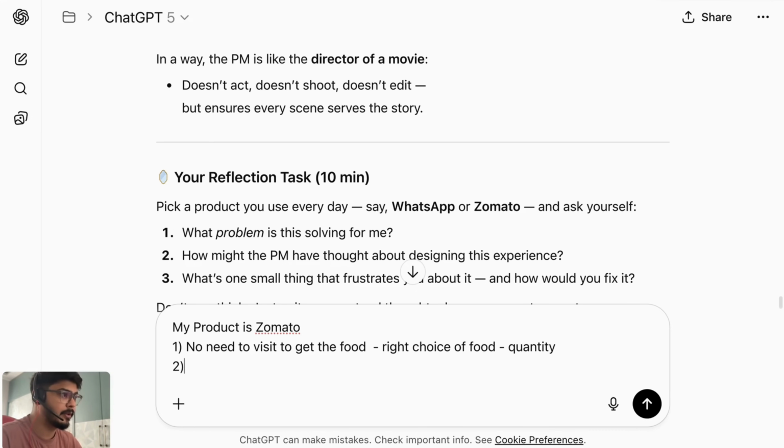In Zomato, if I open the app today, I see that I need not go to the restaurant to pick up the food. The delivery agent will deliver the food at my doorstep. I will see the right choice of food available and the quantity items that I can order. Now, how might the product manager have thought about designing this experience? For me, it's difficult to answer as a fresher. I will skip question two